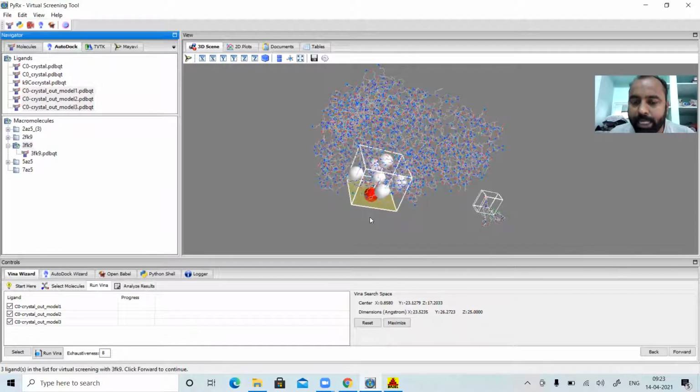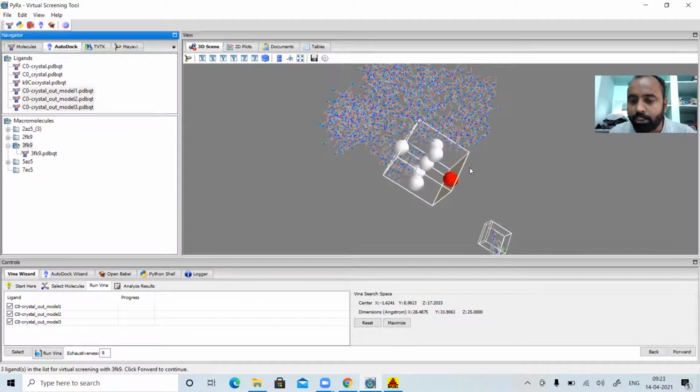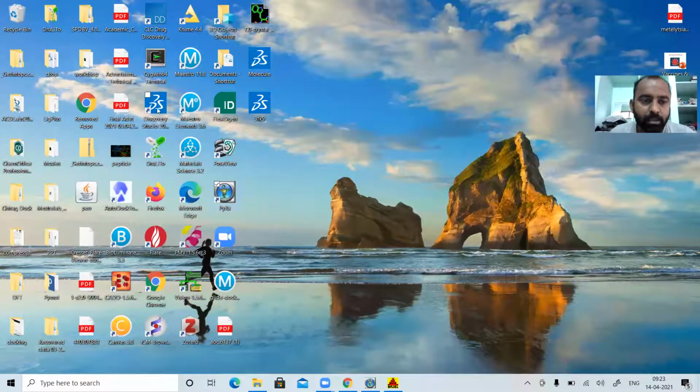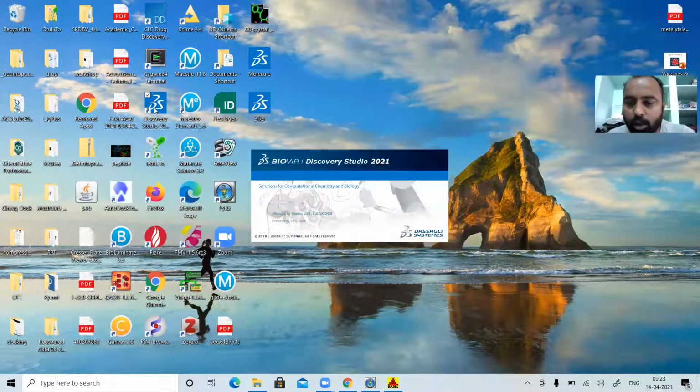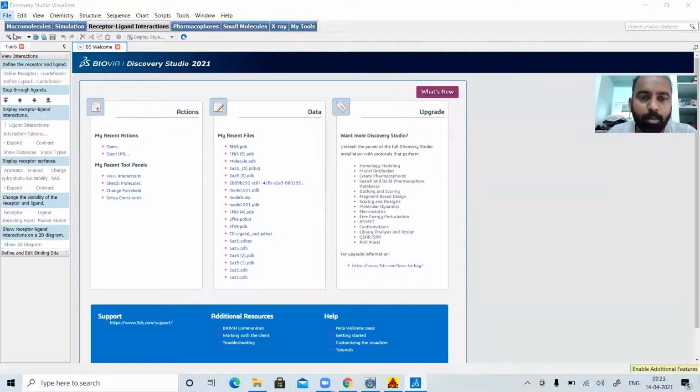Okay, my x coordinate I will take up to -1. So this x coordinate is -1. Similarly, y coordinate I can change, and even the z coordinate I can change. So whatever I do, my target will be only increasing the coordinate size, so that I can focus on my structural information. So let us go back again to Discovery Studio and see my coordinates. I'll just click on my macromolecule.